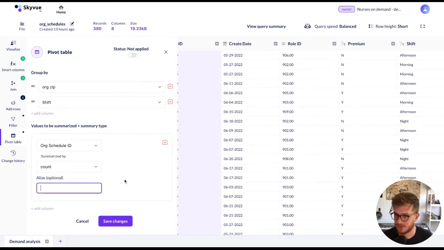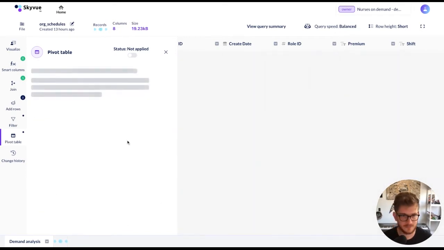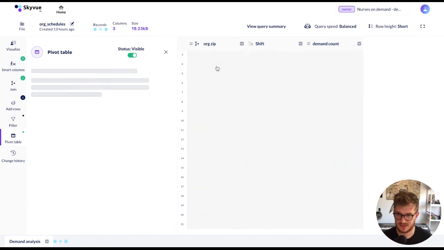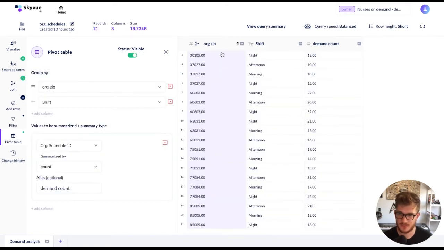code. And then we'll just say, and then we're going to just sort by this just so we can get a cleaner view. So we can see by each zip code what the number of shifts is available. So then we're going to go over to